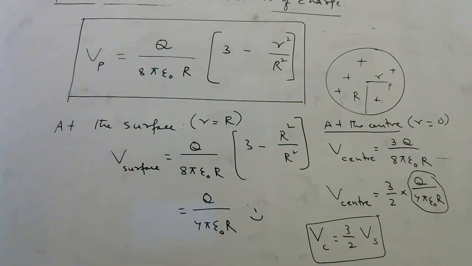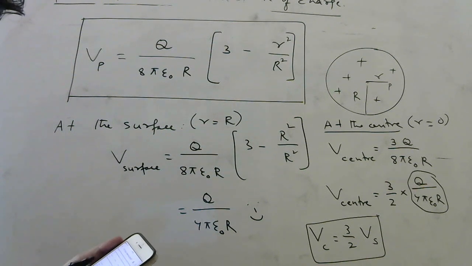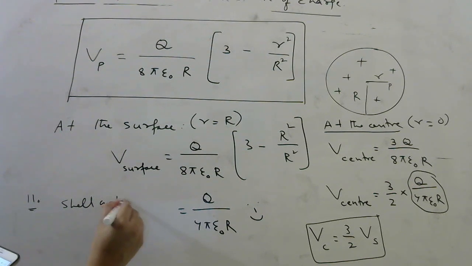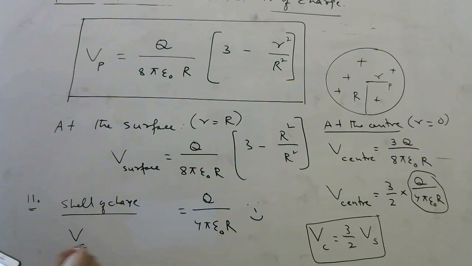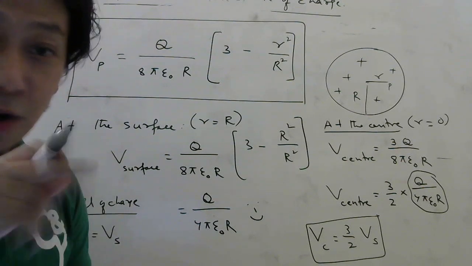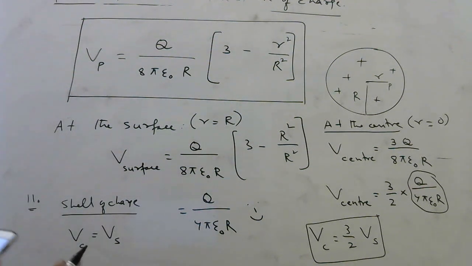Okay. So now if you look at your entrance corner, question number 11. What is the relation between potential at the center and potential on the surface due to a uniformly charged spherical shell? Acha, question number 11 is for shell of charge. So for shell of charge, you know potential at the center should be same as potential on the surface. Yes or no? Because inside the shell, electric field is 0. So potential should be constant inside. So everywhere potential inside should be same as on the surface. So this is the answer for question number 11, which is option A.